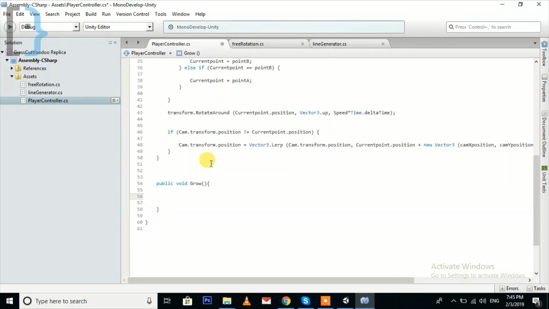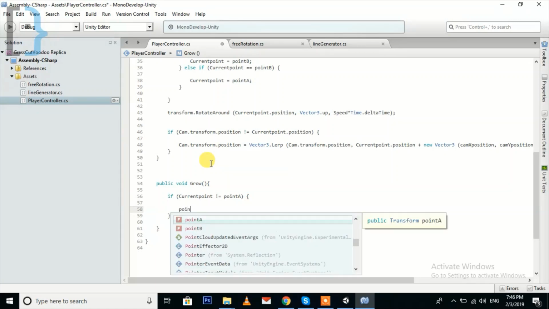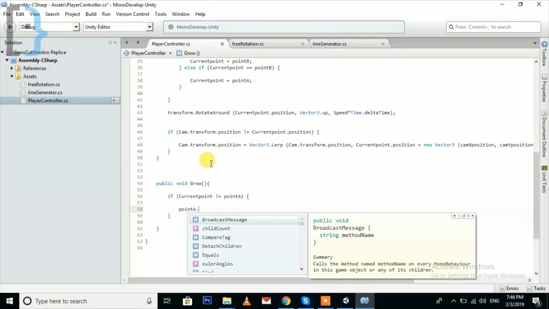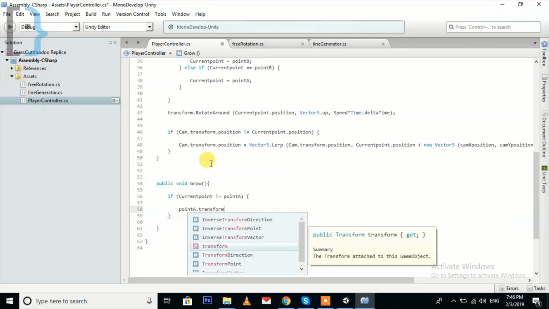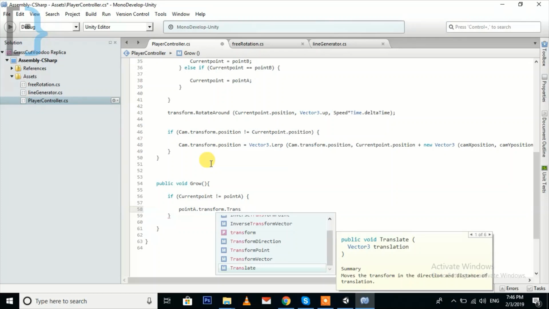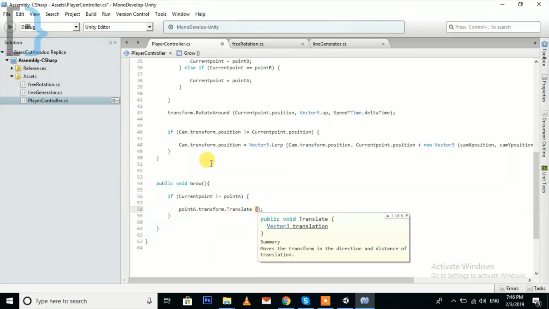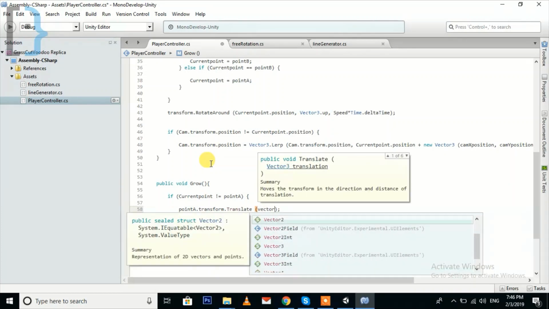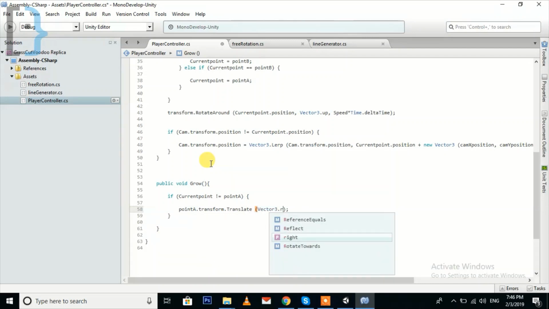Okay, so if current point is not equal to point A, then point A dot transform dot translate Vector3 dot right